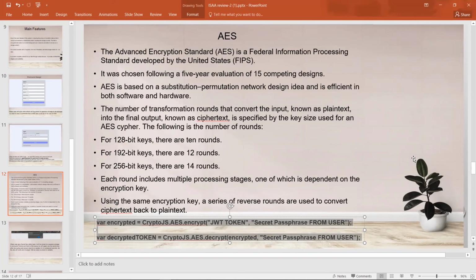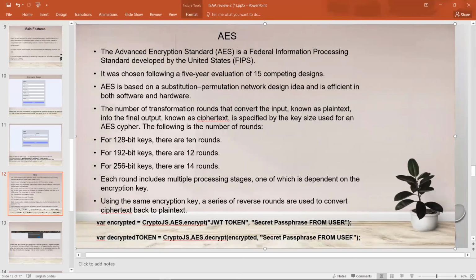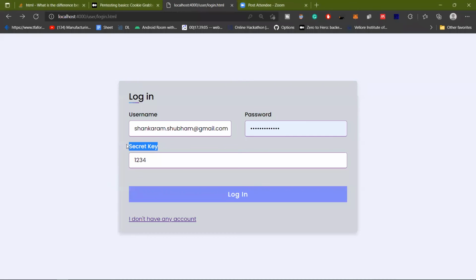Okay, this is the encrypted format of our secret key and JWT token. The first one is the encrypted format, and the second one is the decrypted format. In this we have to pass the JWT token and the secret key which we have collected from the user, which he has to add in the secret key input.